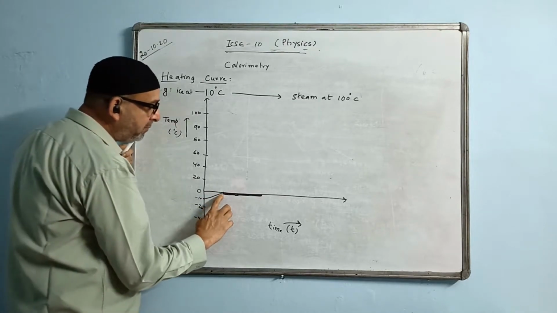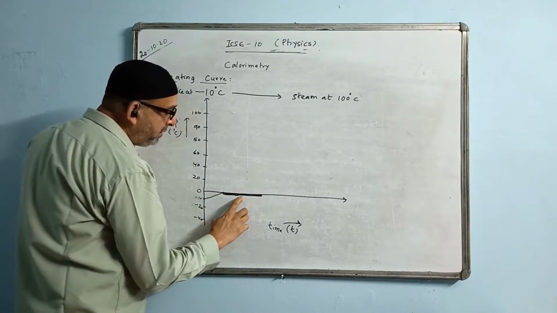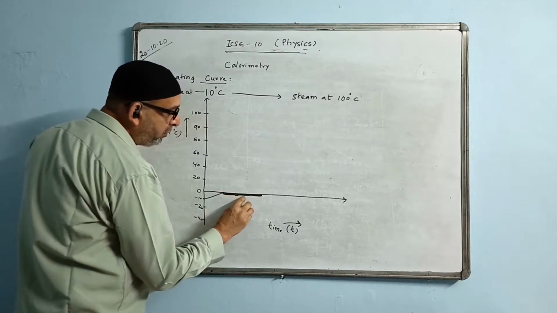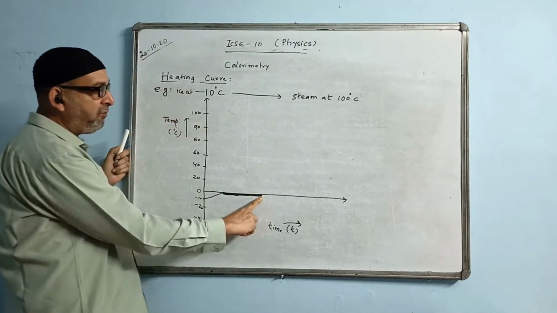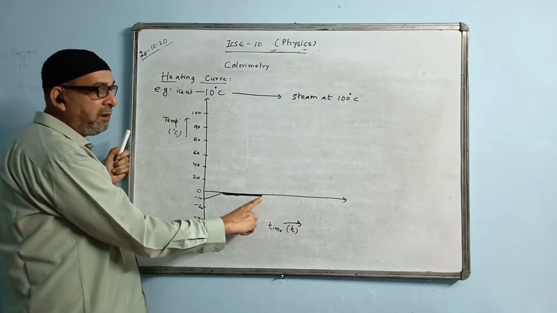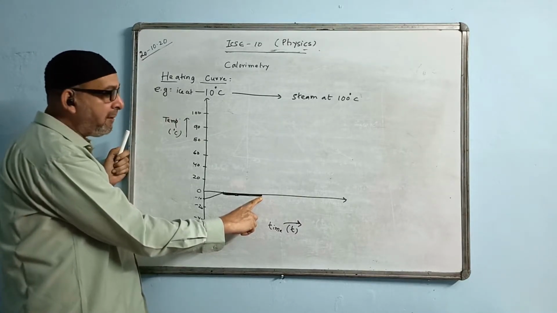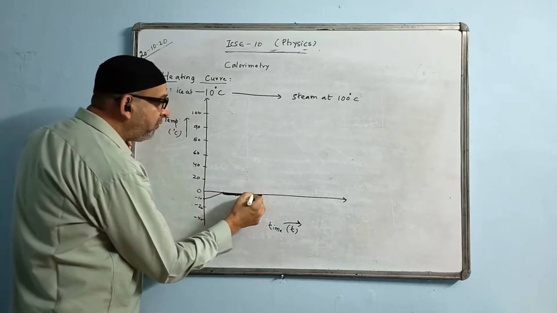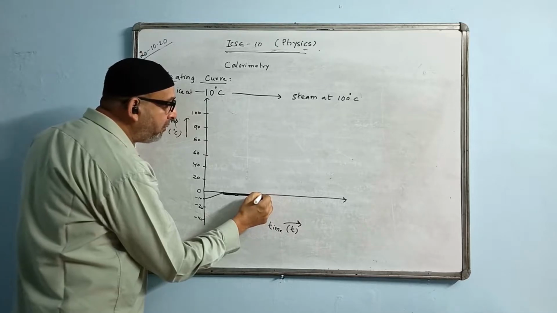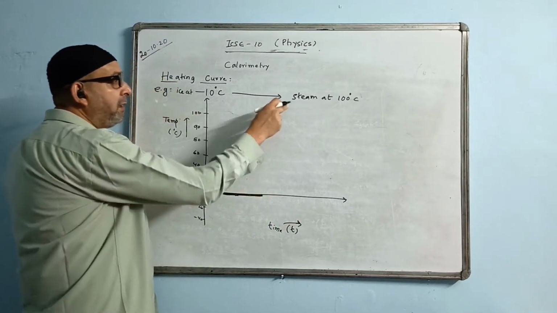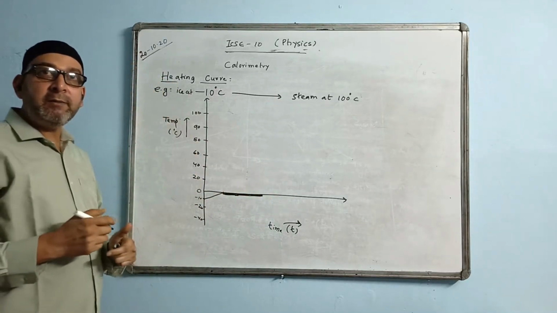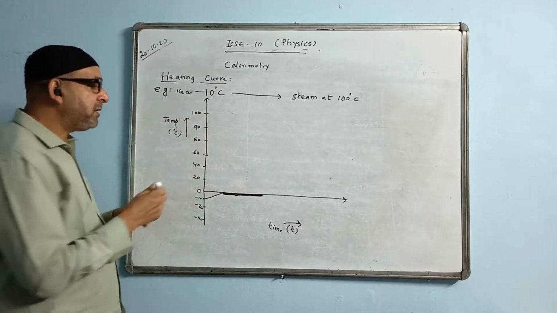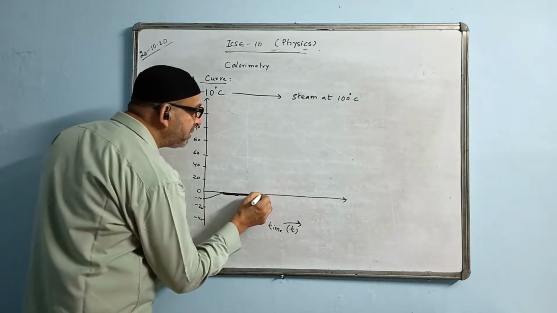Now ice will start melting from this point. It will start melting by absorbing heat. It will take longer time, slowly, and now the change of ice into water is complete. That is, ice has completely melted at this point. Now, on further heating, the temperature of the water will increase, and then it will boil. Another change of state will take place, that is the boiling of water, and boiling of water will take place at 100 degrees Celsius. So now the water will start boiling from this point.